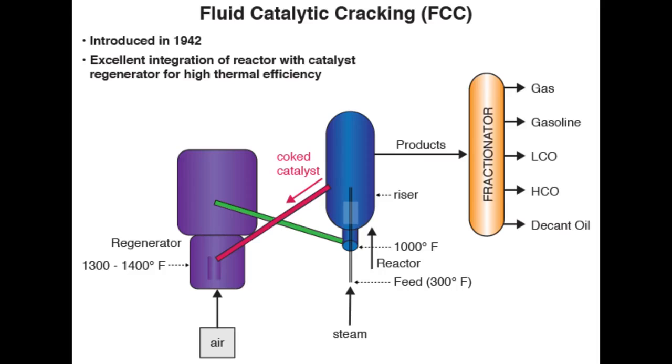You should remember that the catalysts now are much improved as well. They may include zeolites that would take high temperatures and have very controlled reactivities through pore size distribution and so forth. The combustion products, or flue gases, from this catalyst regenerator could be sent to a CO boiler, because the gas may contain a significant amount of carbon monoxide,